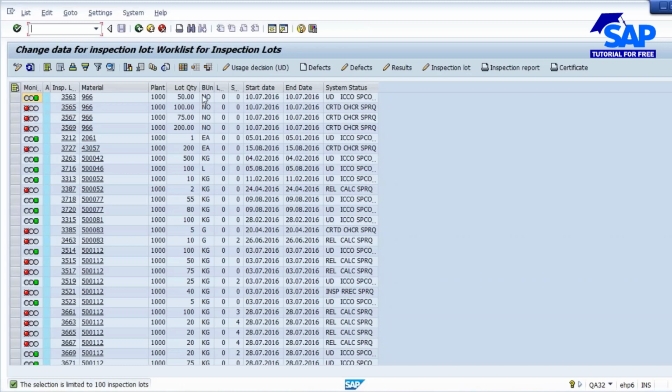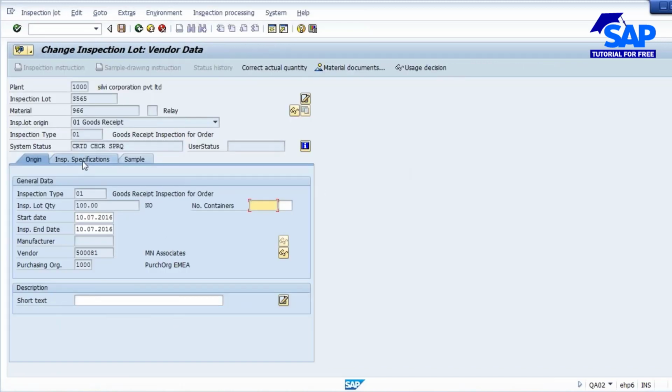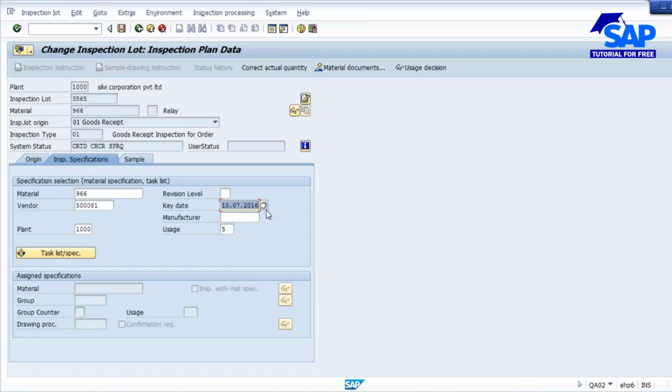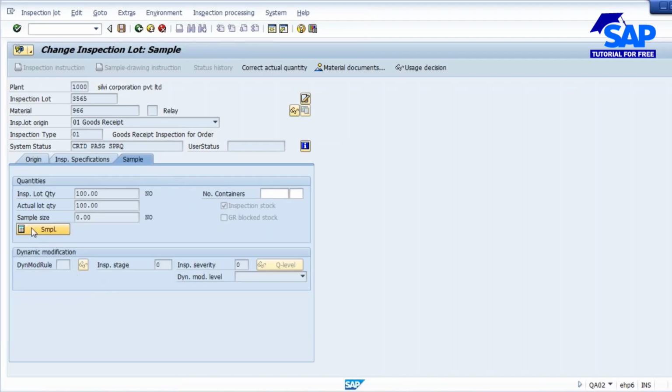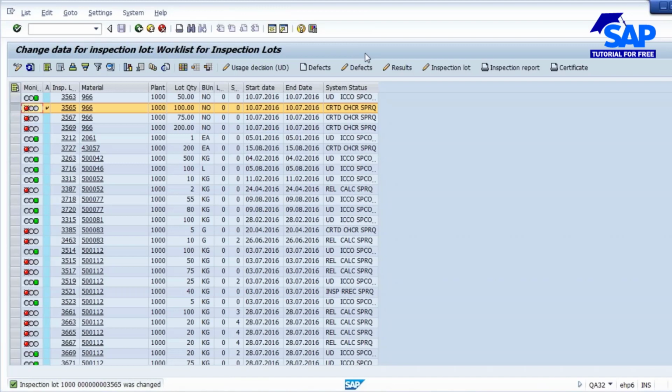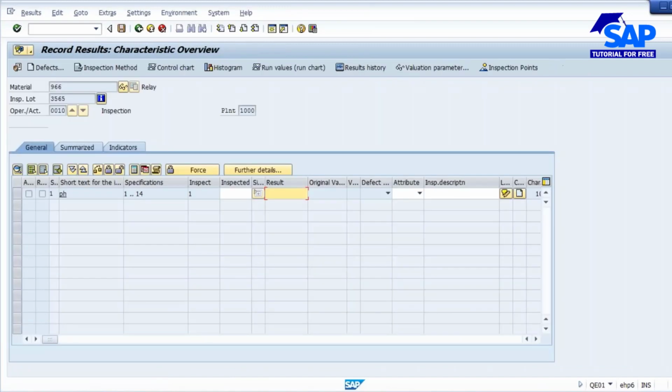Suppose I take this lot, I collected the sample size. Now I'm saving this. So now when I'm doing the results recording,